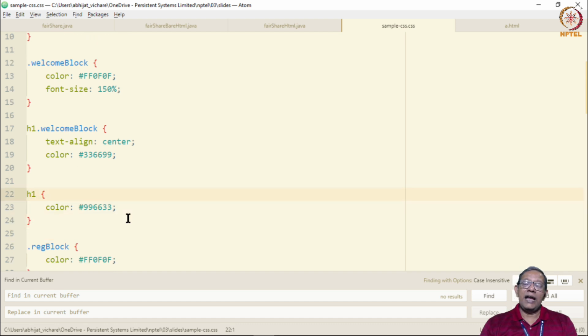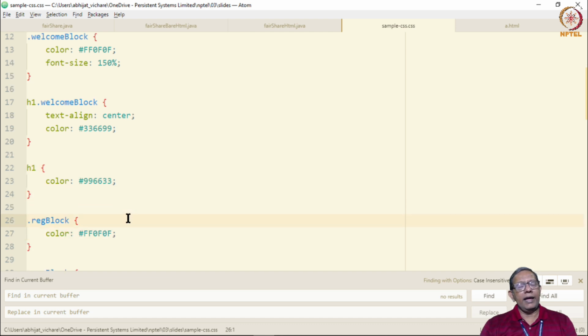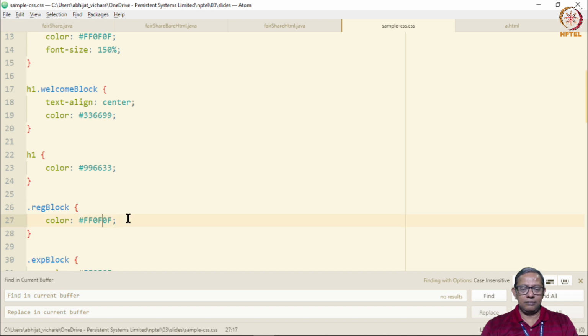In contrast, an H1 tag, that is a header of type 1 without any class, is going to be displayed with the colors 996633: 99 red, 66 green, and 33 blue. Any part of the HTML which is demarcated by a registration block will have this color. We could add additional specifications.